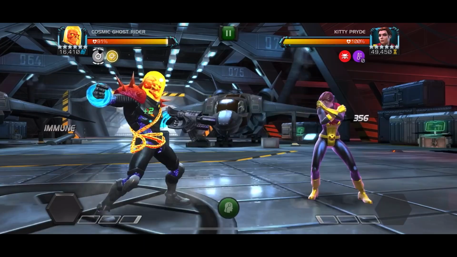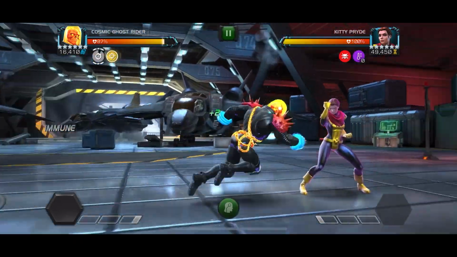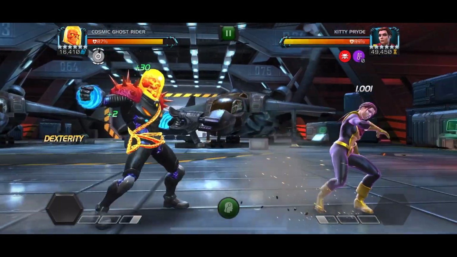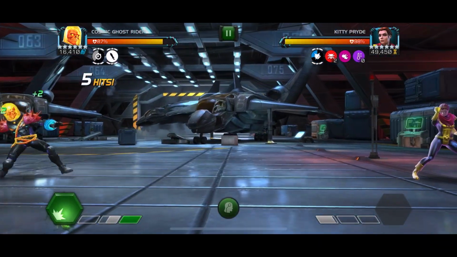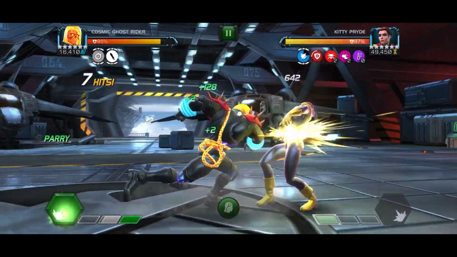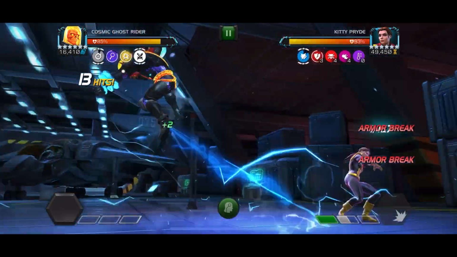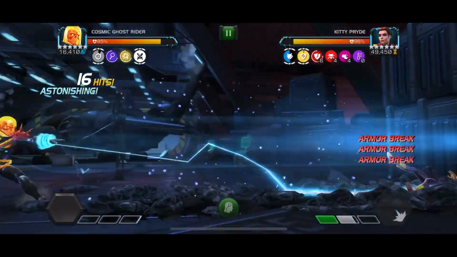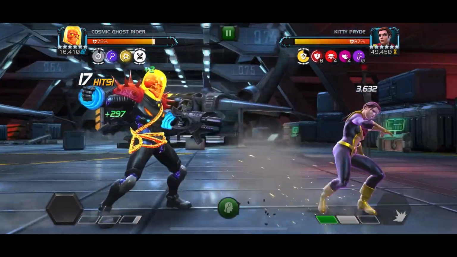I mean, granted, it's not necessary. Cosmic Ghost Rider is still a great champ. It's just that nice little extra benefit that he gets with that awakening, and then you get some damage on top of that. But he's still SIG 20, so the damage is nothing crazy. But we get off a first special 2, get a bunch of armor breaks on her, bait out that heavy,